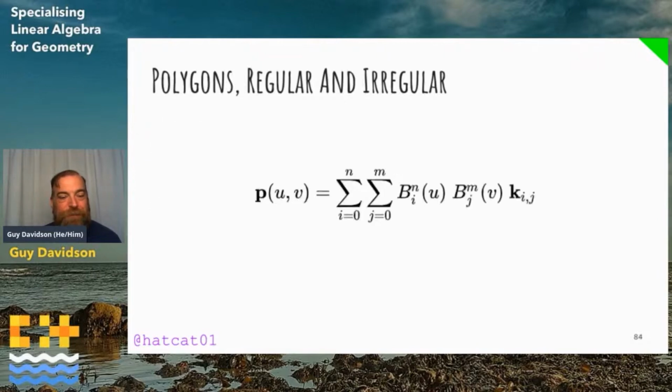This beast is modeled like this. Beautiful creature. P is the patch evaluated over the unit square, where u and v range from 0 to 1. B is the Bernstein polynomial, and this deforms the unit square in the dimensionality of the control points, k, which is an i by j array of points. 16 will suffice, making m and n equal to 3. I'm not going to write this out. It's a 16-term polynomial, where each term is the product of 2 Bernstein polynomials, but it suffices to say that it's an expensive way of describing an irregular polycurve in 2 dimensions. But in 3 dimensions, it's marvelous.